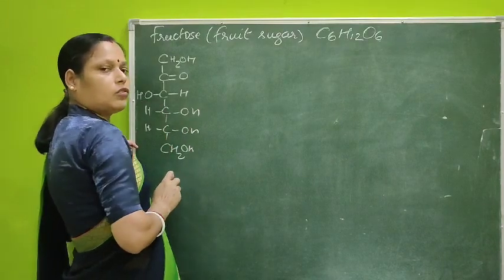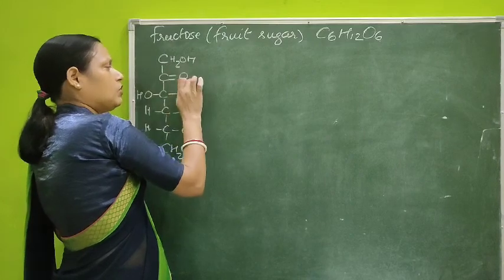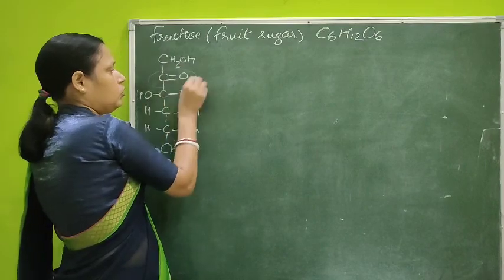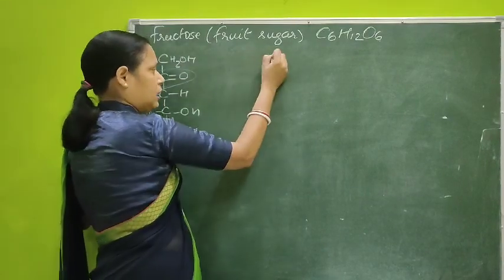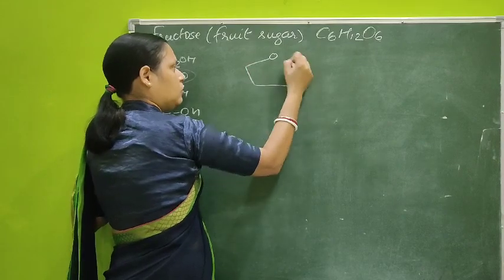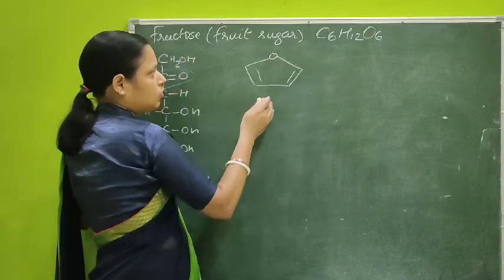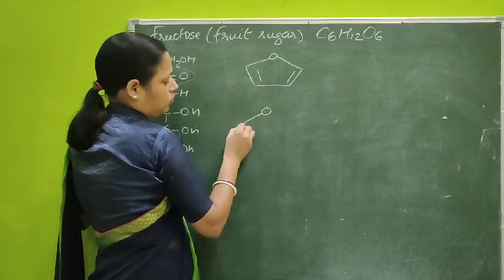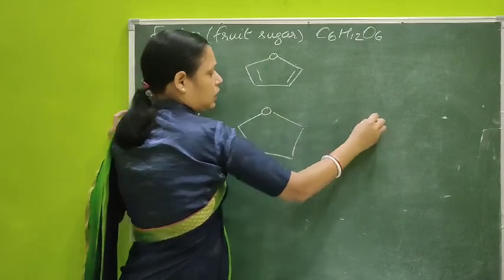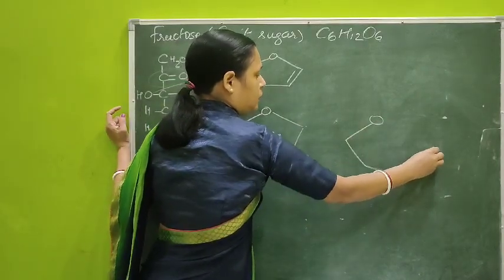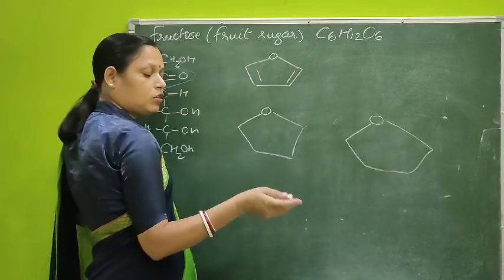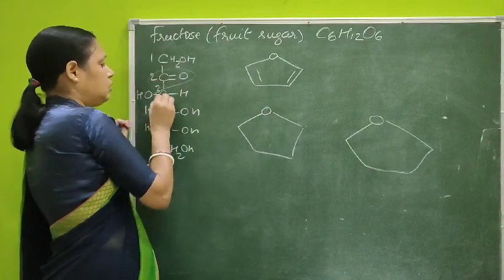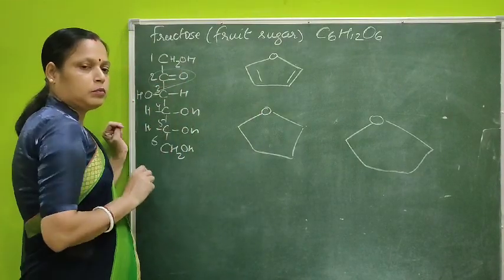What difference will we see in the structure of glucose and fructose? Glucose has the functional group at the first position, the aldehyde group was there, and in fructose the ketonic group is there. This is the difference. Its structure is drawn just like furan. So if I draw the furanose structure of this fructose, it will be like this: O, 5 carbon atoms, and similarly alpha and beta, both diagrams will be here also. In this case also the position of the hydroxyl group will be reversed. This is first, second, third, fourth, fifth and sixth. Alpha and beta.